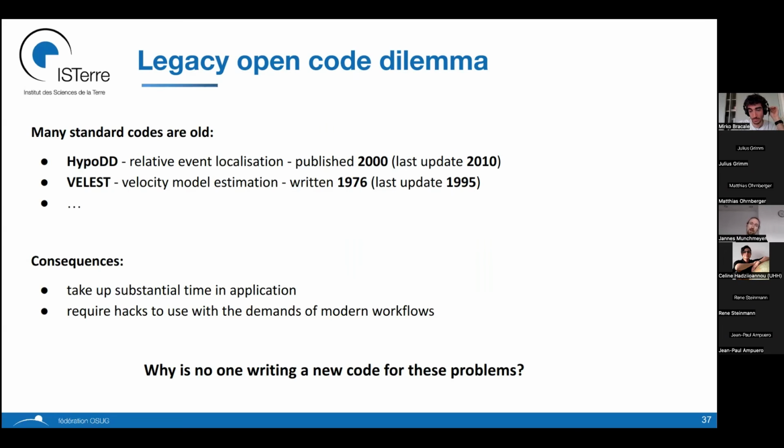So what we need nowadays is actually someone to rewrite the same code, not do any massive development, just write the code with a better interface, with some extensions that allow them to use them on larger scale. Now, there are examples like GrowClust, which is very similar in scope to HyperDD, which does a new method and can address larger clusters, but they're not as popular overall. And I think the problem is that just writing a new code that is the same thing that people have already done 50 years ago does not really bring you any credit.